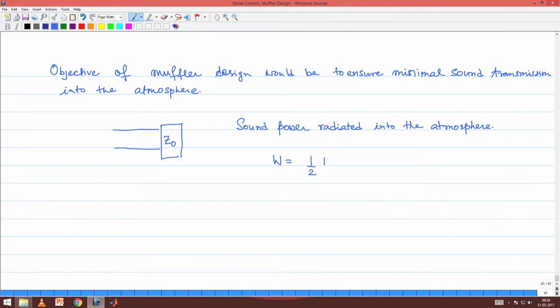What is the intensity expression telling us? The active intensity is going to be the real part of pressure times particle velocity, and this you need to multiply with the area in order to get the total power, right. So, the active intensity multiplied by this cross sectional area will give the power which is escaping into the atmosphere,